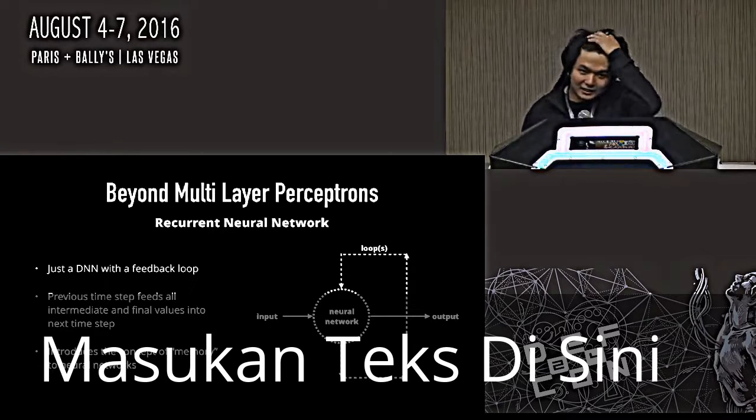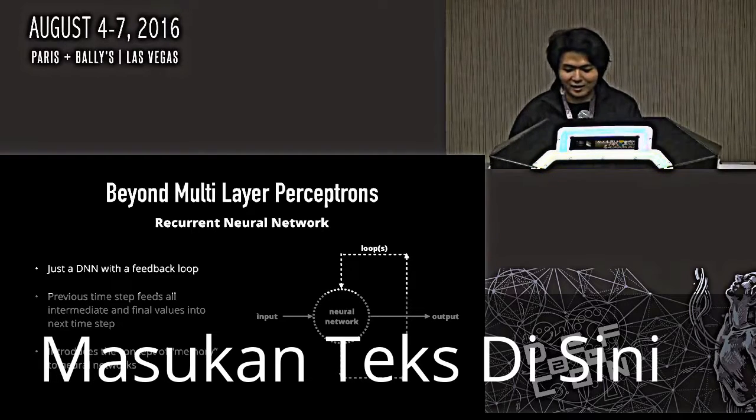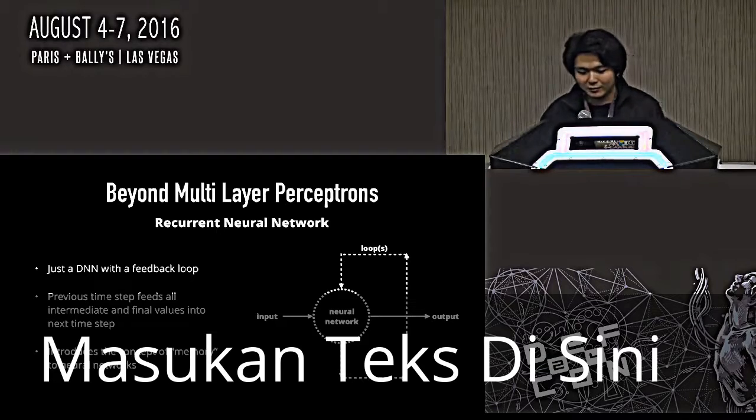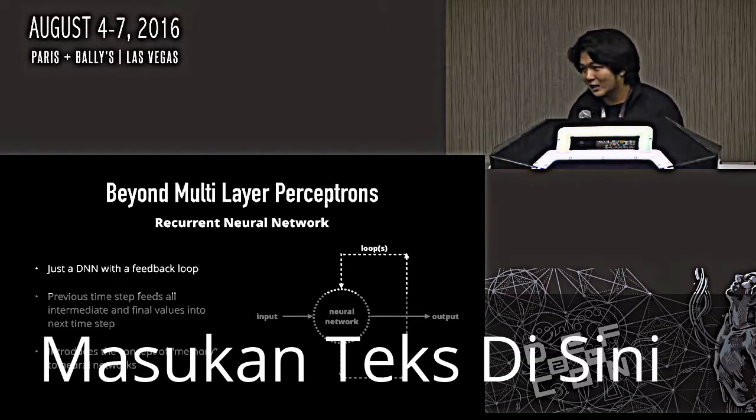So besides convolutional neural networks, there are also things called recurrent neural networks. These are slightly more complicated, but not actually that complicated. What you have is just recursion in the neural network. So instead of feeding input one way through a neural net, you have recursion in it. The output of each time step and each intermediate output gets fed into the next time step. So this introduces the concept of memory.